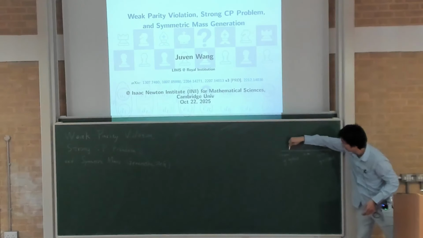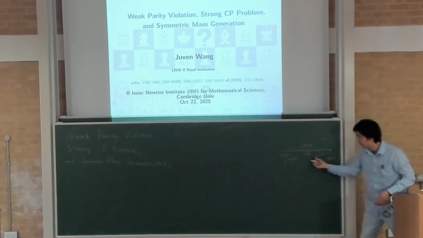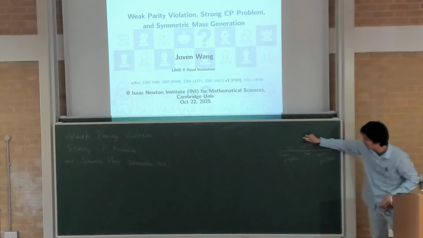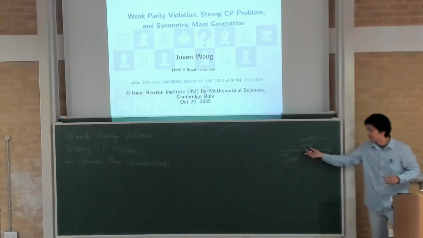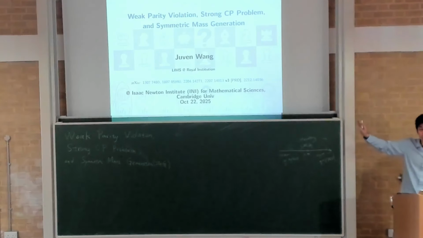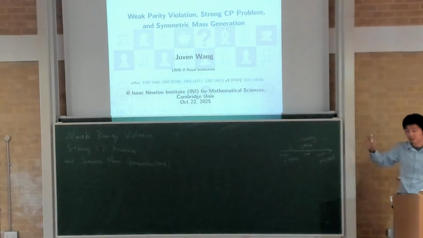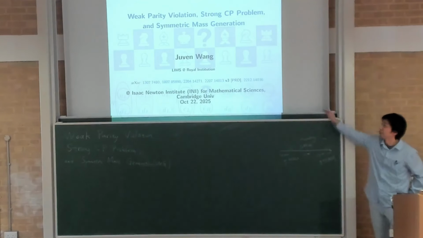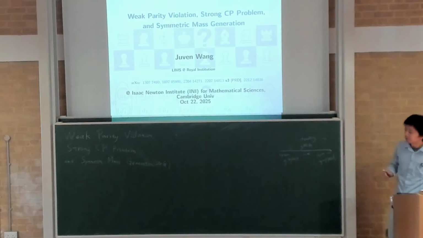So the point is to go from the gapless phase to a gapped phase through a process of preserving the symmetry. I'll go into this symmetric mass generation in detail, but the important part is that interaction is involved. In a sense, it's not a mean field quadratic mass term type of deformation, but a highly interacting deformation. So I quickly explained these three concepts that we will encounter in the talk, and I will try to say they could have a very tight relation between them, and I'll have a proposal to see these three problems or three things at one time. Okay. Right. Any questions so far?